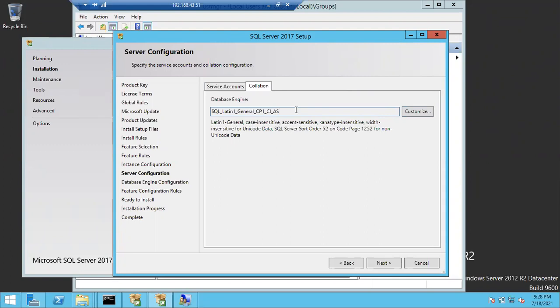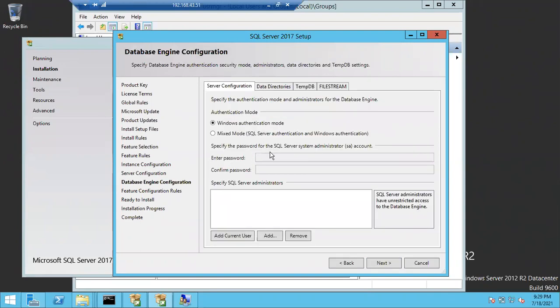There is another way. You have to reinstall and take backups and restores of the same server. There is no way to change the collation settings. There are some other ways, but those are risky ways. Usually people don't follow them. Instead, they simply uninstall and reinstall, take the backup of old servers and restore in the new servers. That's it. These are the two main settings. Go to next.